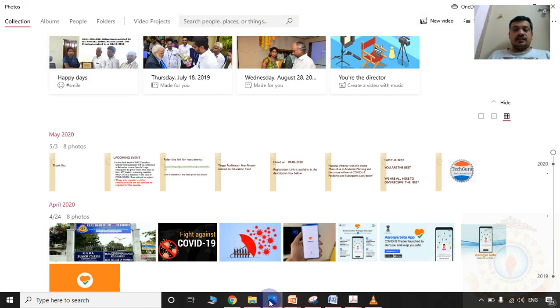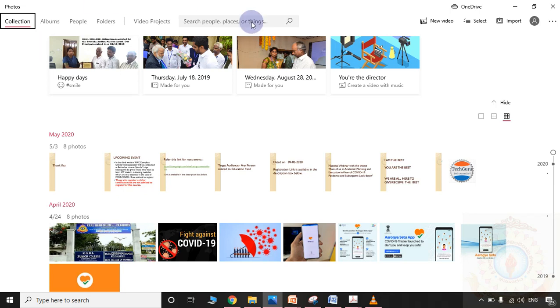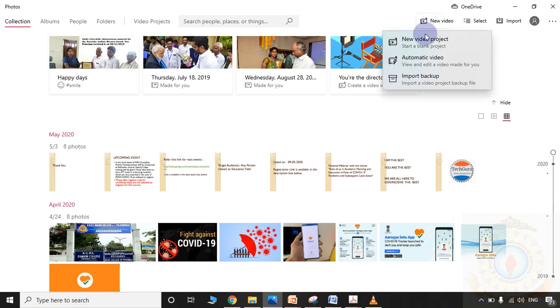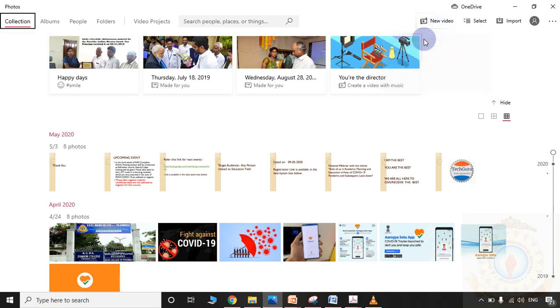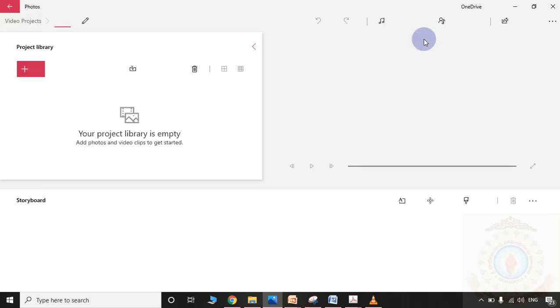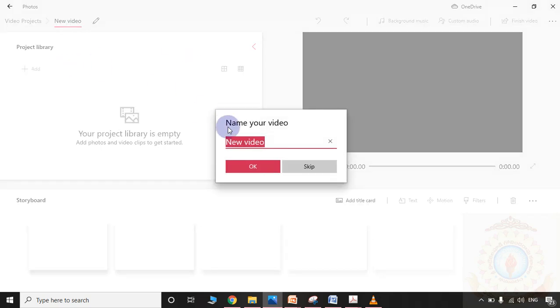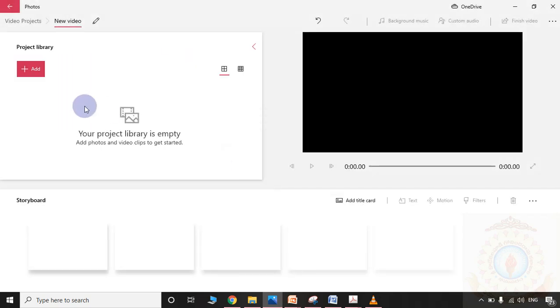So this is the Photos app. In the Photos app from Windows 8 or 10, the New Video option is there. Whenever you are clicking New Video Project, the project library will open.